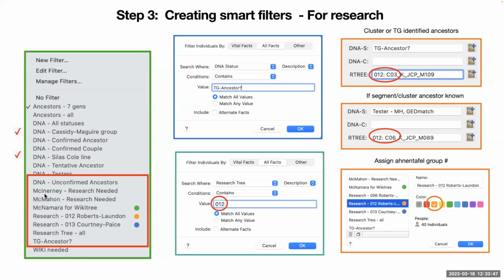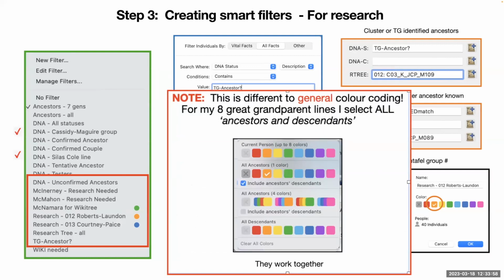So if, for example, I was working on the McInerneys and I identified them, then I can just get up a single list of all the McInerneys and start working on them. And this color coding that I use down here for some of these filters is different to the general coding. Family Tree Maker, which is a great thing, I think, is able to color code all your ancestors. So I have general color coding set up for my 8 great grandparent lines, and I've highlighted